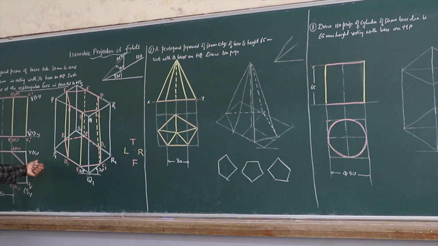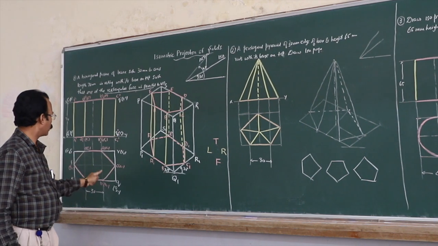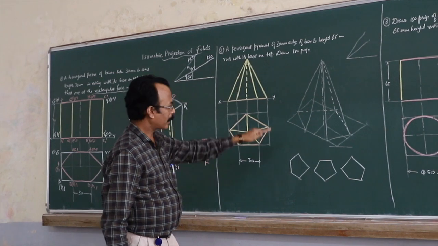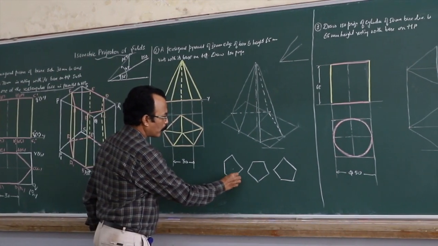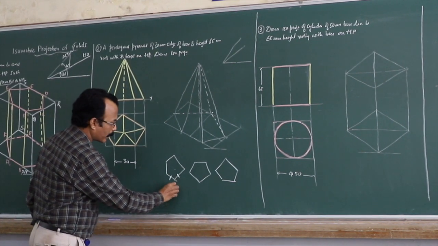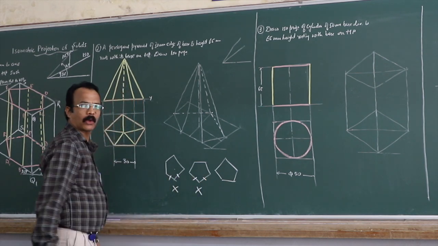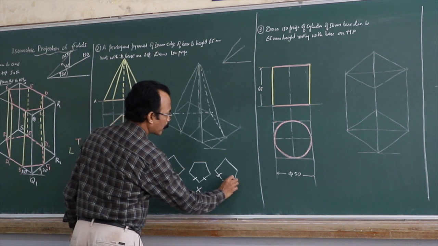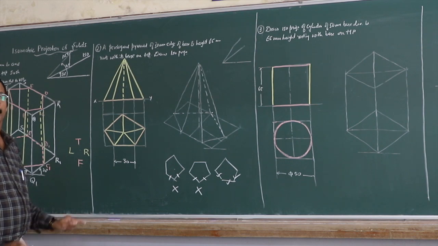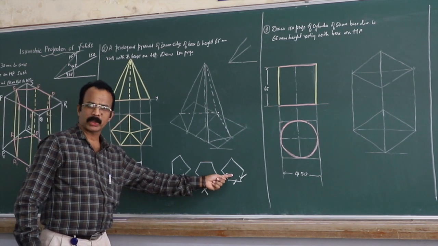Now, in the previous problem, he had clearly mentioned one of its rectangular faces parallel to VP, so we had drawn it, and it was good. But here, he has not mentioned anything. If you keep this face, only two triangular faces will be visible, so we don't prefer this method. Again, if you draw this, only two are visible, so not preferred. Here, you can observe that we are getting three triangular faces, so that method is preferred. So when nothing is specified, we always try to show as many faces as possible.